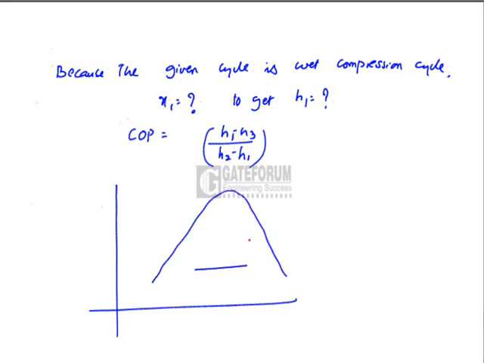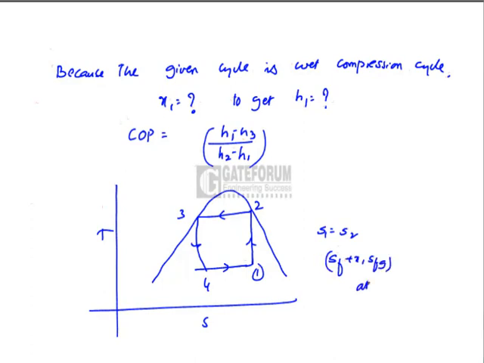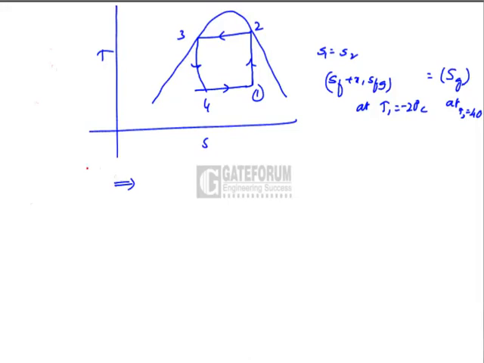By equating the entropies. S1 is S2. What is S1? SF plus X1 into SFG at evaporating temperature of T1, that is minus 20 degrees centigrade, is equal to S2. What is S2? S2 is SG at condensing temperature of T2, that is 40 degrees centigrade. Implies from the given data, the SF at minus 20 is